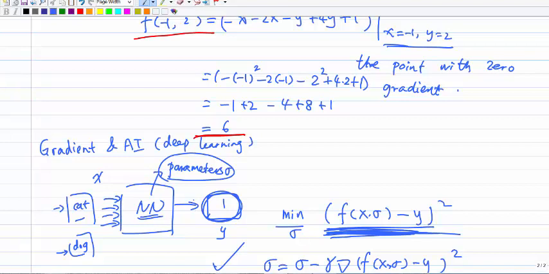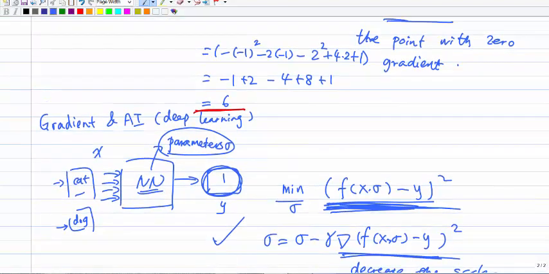Okay, that's what we're trying to do. So essentially, the way the algorithm works is, I give you different kinds of images, right? The input for the images could be pixels or different kinds of things. Assume the input is x. It is very high dimensional, and I also have a sigma, which is a parameter of my neural network. Then my output is called f(x, sigma). So this f is what comes from the function defined by the neural network, x is the input, and sigma is a parameter used in the neural network. So this is my predicted value